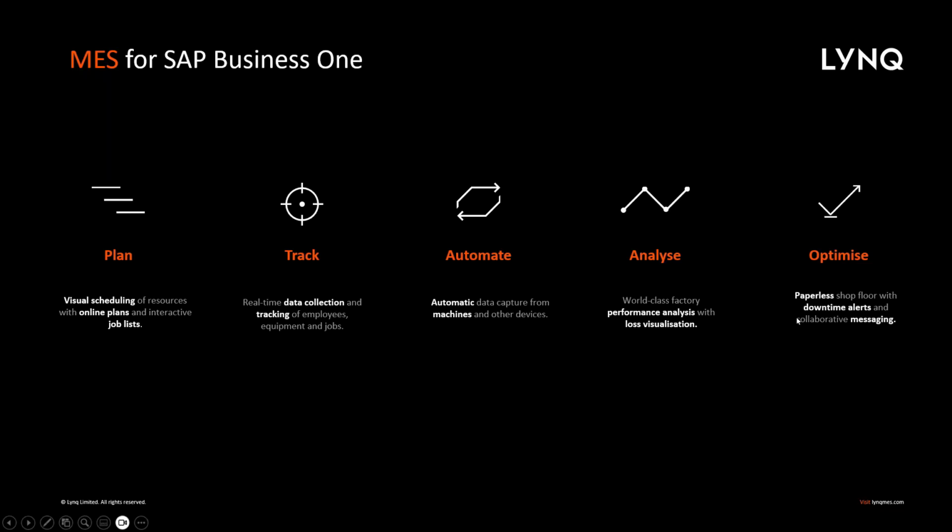We further optimize manufacturing operations by providing things like paperless shop floor, so you can open up documents digitally out on those terminals on the shop floor. We have configurable alerts, so for instance, if an employee's effectiveness slips below the threshold that you've determined, an alert can be sent to the supervisor. And we have collaborative messaging, so you can send messages from the top floor to the shop floor to keep production moving. Now, all of this is provided in a single closed loop solution.